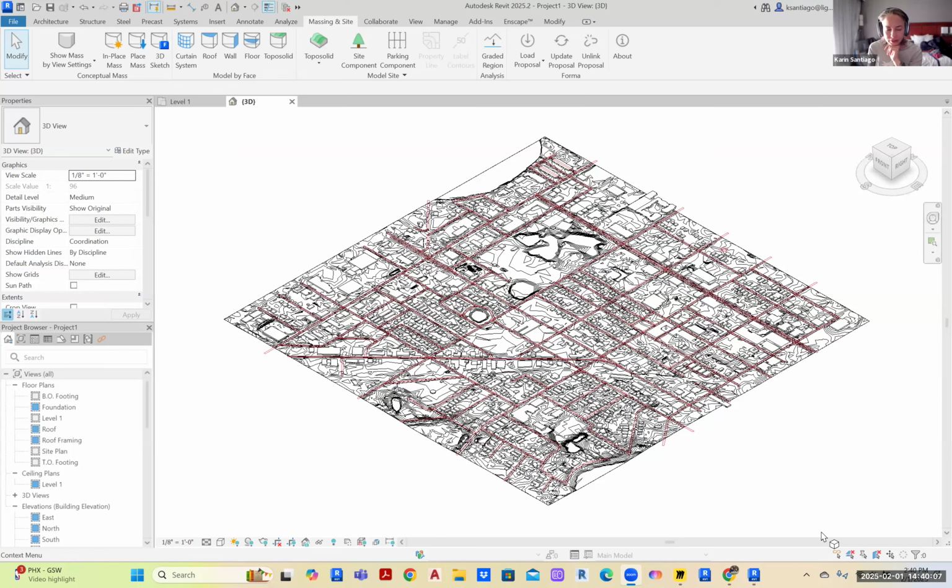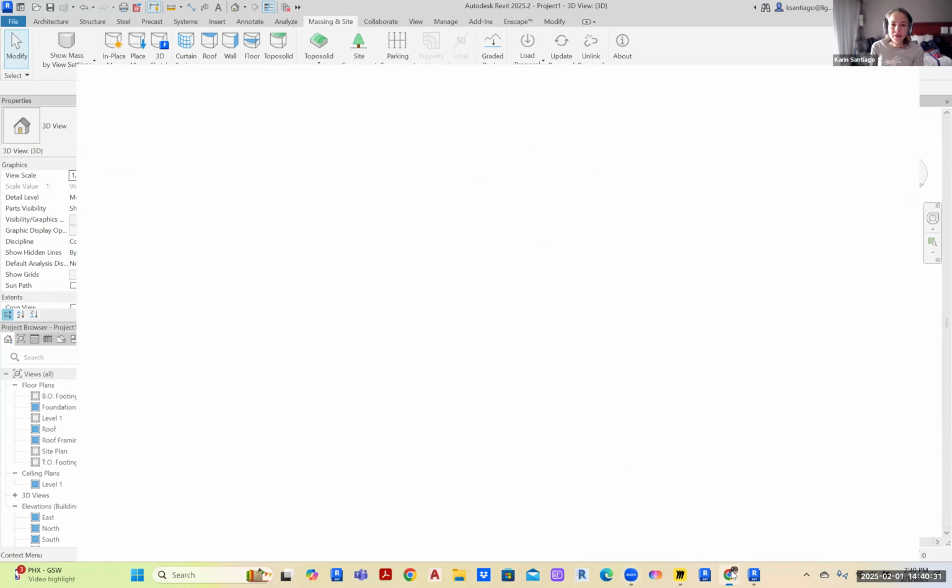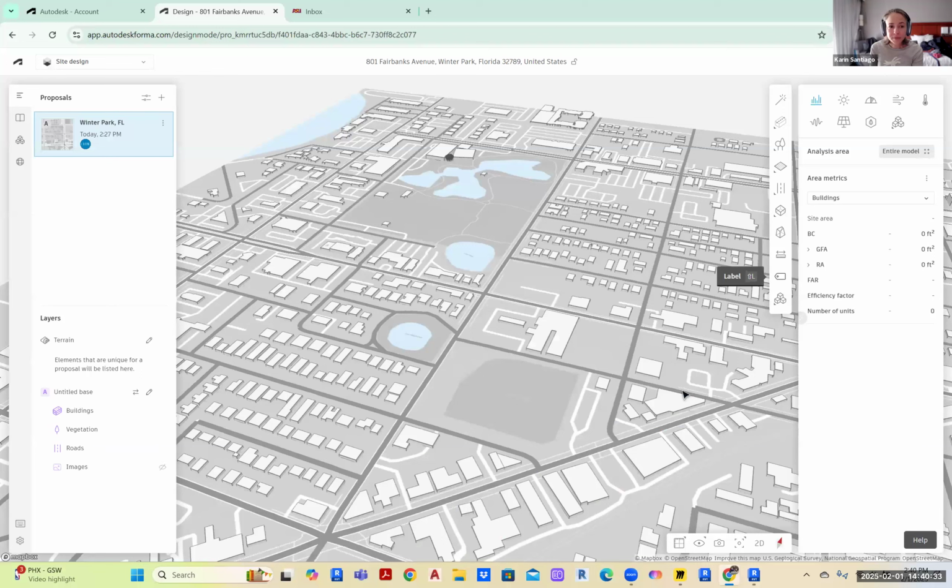Earlier, during our meeting, I was trying to export some geometry to Revit, and I was not able to open it successfully, but I closed out of Revit, did it again, and was able to get to this point. Just to recap what I did, and I think it could be very useful for everybody: I used Autodesk's Forma